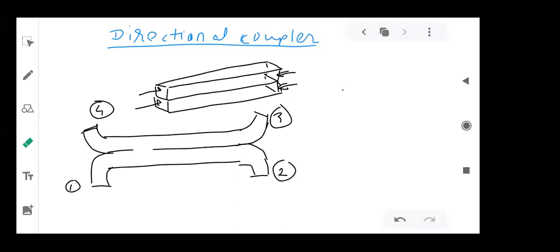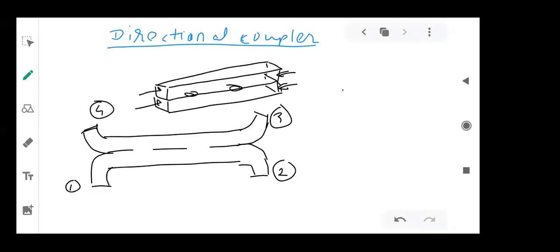So what I will do, I will make 2 apertures like this. So you can see that now in the middle layer, 2 holes are made. One here, suppose, and another one is here. Now, what should the size of the aperture be? That totally depends on how much coupling you want, because the larger the size of the aperture, the more will be the coupling. The smaller the size, the less will be the coupling.